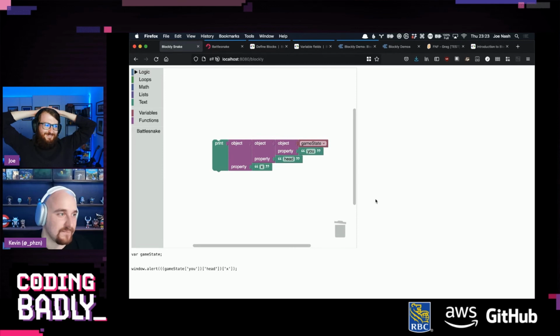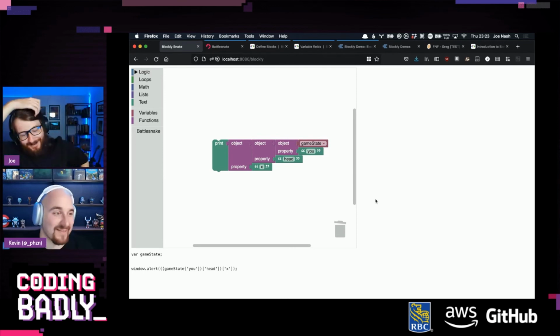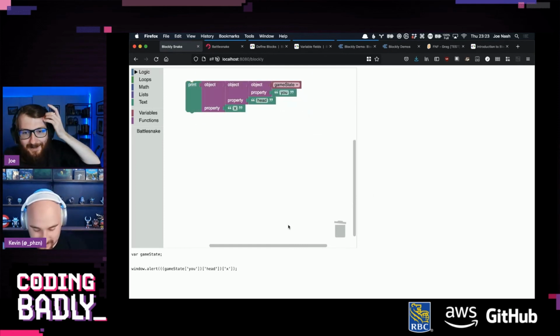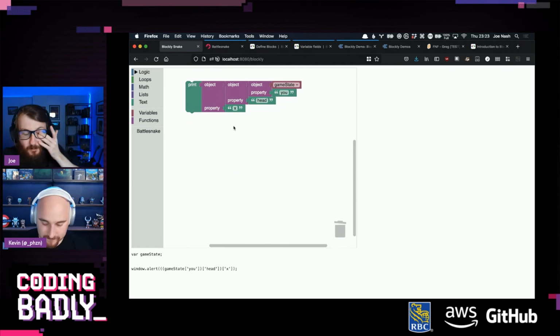What now? So we're getting to the point where we have to actually try writing a snake. Okay, so let's do this. What we don't currently have a way to do is, I guess, do we want to create a console.log block?